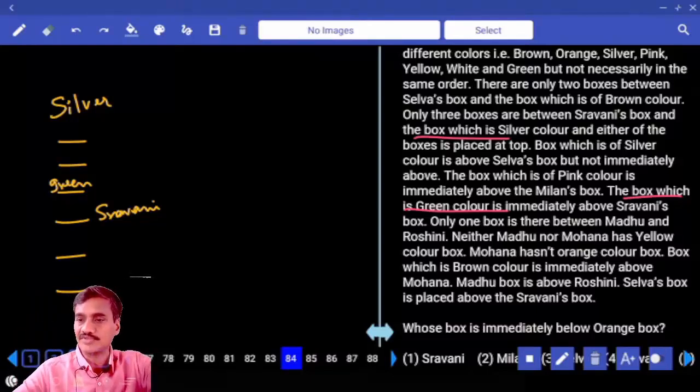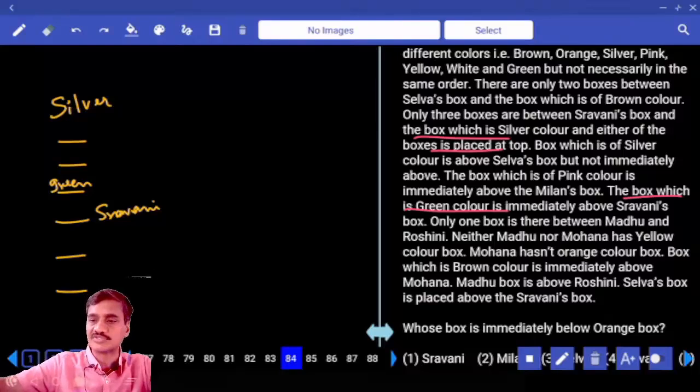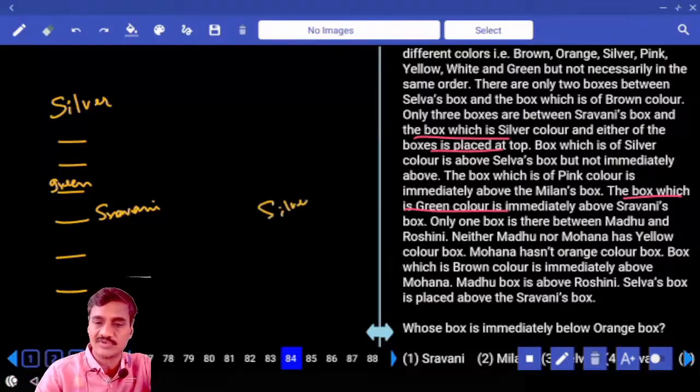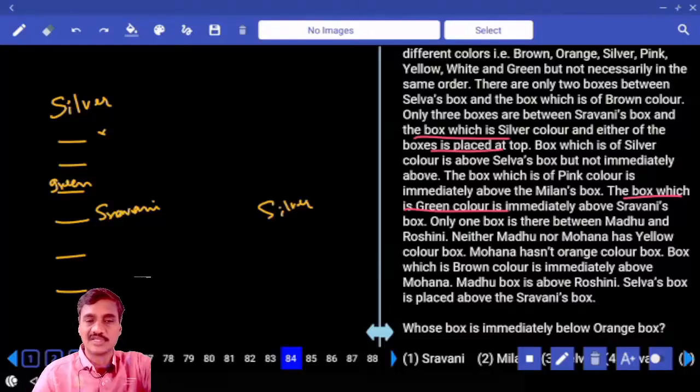And either of these 2 boxes at the top box which is of silver is above Selva. Now silver box is above Selva but not immediate. But not immediate means Selva cannot be here, isn't it? And silver is above this Selva, Selva cannot be here. And next one,